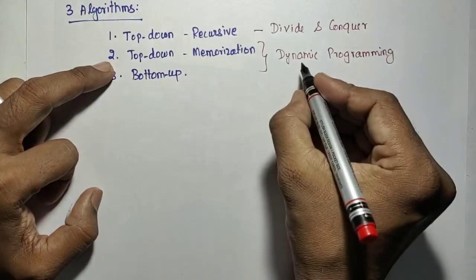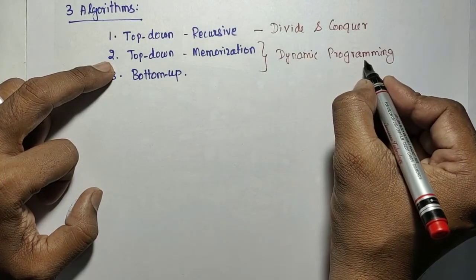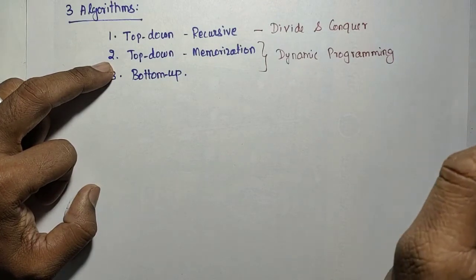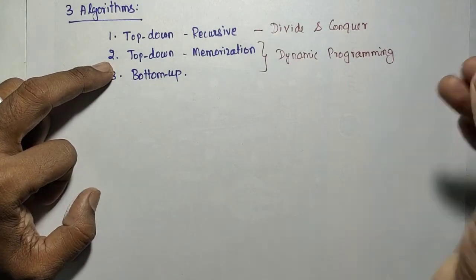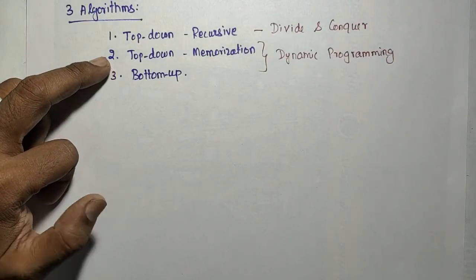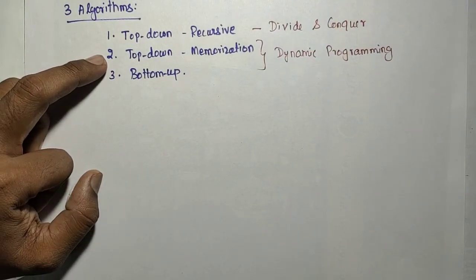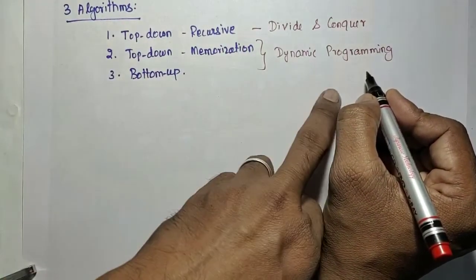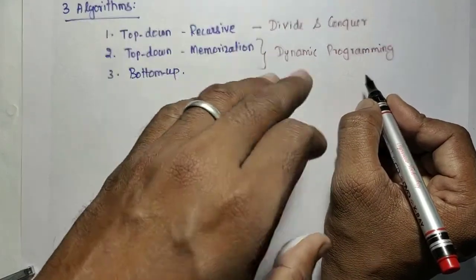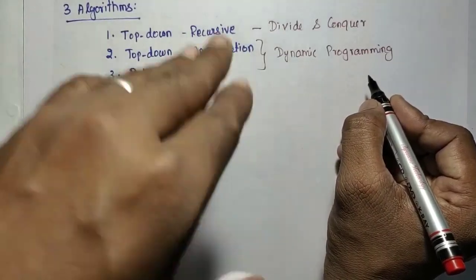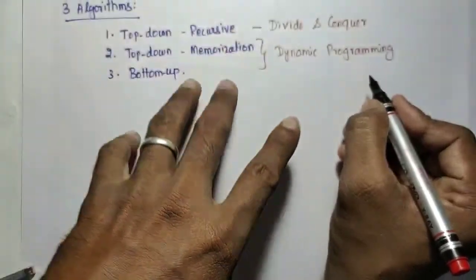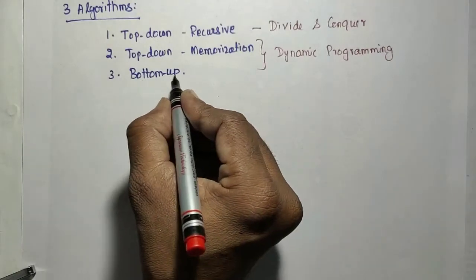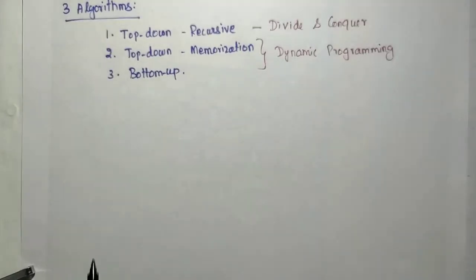So we can also call the dynamic programming approach a memorization method or the tabular method. Okay, so if they ask you to solve the problem by using the memorization method, don't get confused, it is dynamic programming only, or the tabular method. So another name for dynamic programming is the memorization method, or the tabular method. Memorization means the smaller size subproblems are memorized, remembered, stored in a table. Then the bottom-up approach is the standard dynamic programming approach.